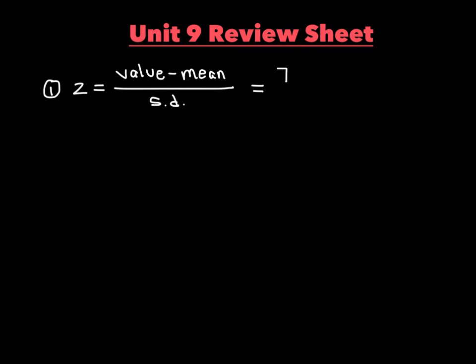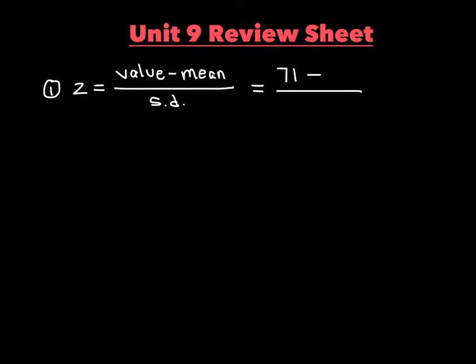Number 1 asks us to find the z-score for a temperature of 71 degrees. Okay, so we know that for a z-score, here's the formula we're going to use: value minus mean over the standard deviation. So if you read the problem, if they want us to find the z-score for a temperature of 71 degrees, 71 is what we're going to use for the value, so I'm going to plug that right up on top here. And then minus, as you read through the problem, it did say the average temperature is 74